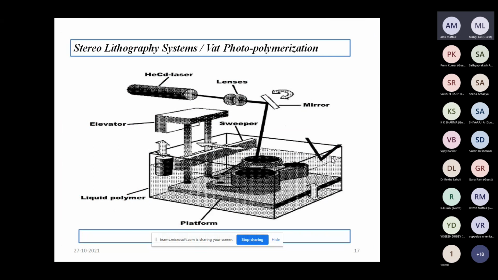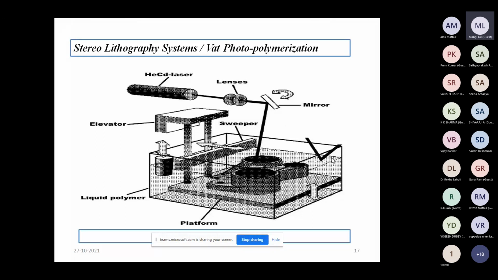The basic principle, also known as wet photopolymerization, is that we take the liquid polymer into a vat, and according to the CAD design data, a helium cadmium laser generates the first layer of the cross section of the required product.